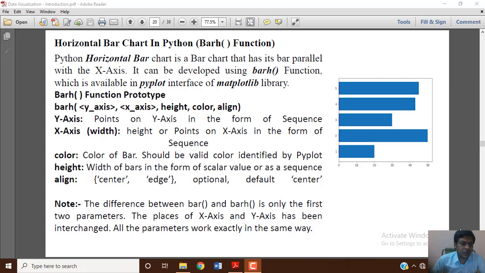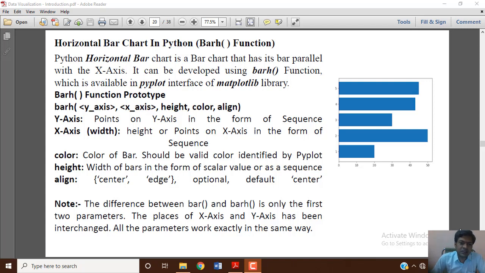And all of these, the bar function or the plot function with which you create a line chart or line graph, come under a module called matplotlib in Python. Under that, pyplot is an interface, and within it the sub functions we use are plot and bar. Now we'll see one more way in which you can represent a bar chart, which is the horizontal bar chart. So how can we make use of it in Python?